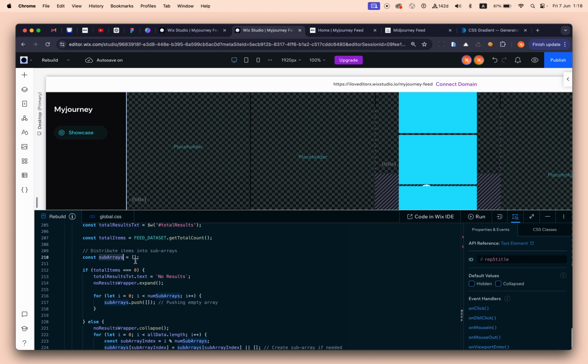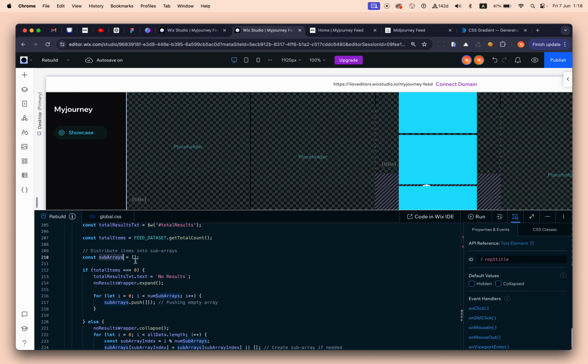So if we have no results, we are simply pushing 5 empty arrays to this subarray. Okay, but if this is not the case and we do have results, so first of all we are collapsing the no results wrapper, and then for each